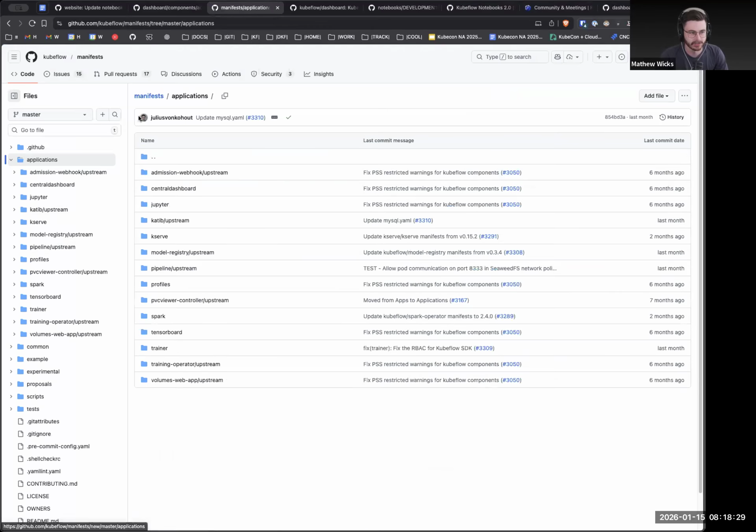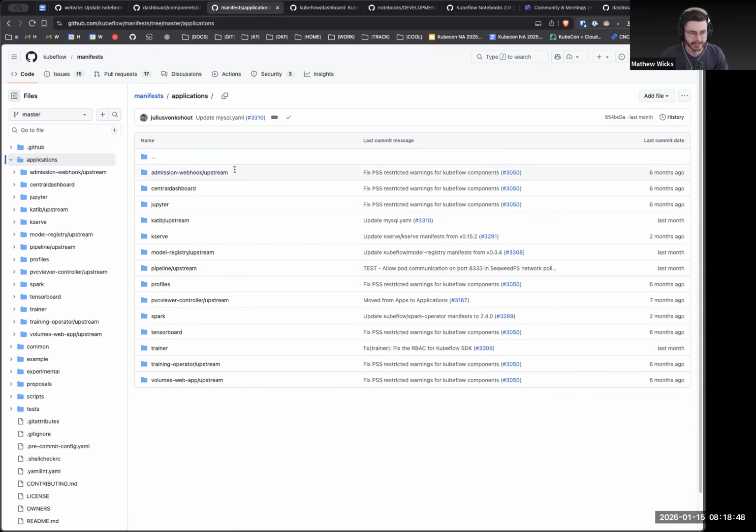There is an applications folder in the manifest repo. These are meant to be the exact copy of the upstream repos' application manifests. Right now, we're grouping them a bit haphazardly. We're going to go back to what we were doing originally, which is grouping them by repository. Well, what we were doing originally for pipelines and others.